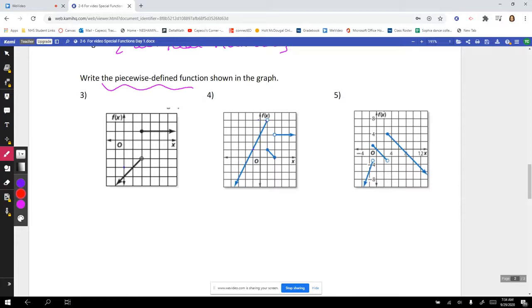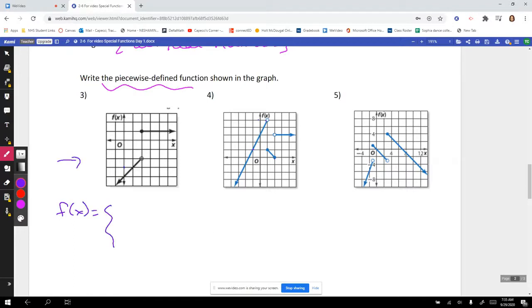Now we're going to take a look at writing the piecewise defined function shown on the graph, which I don't know, I think sometimes is a little harder. Like when you did graphing a line, is it easier to graph the line or is it easier to write the equation of the line? So we'll see. So we have to start off with, again, our notation f of x is equal to,